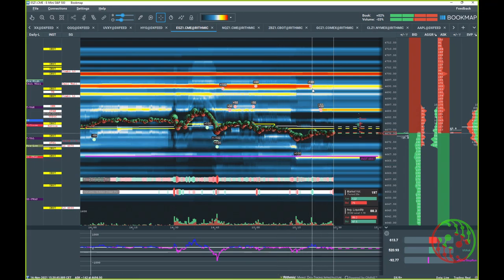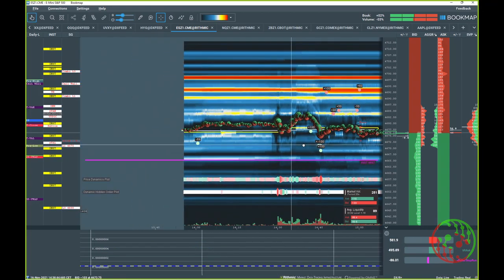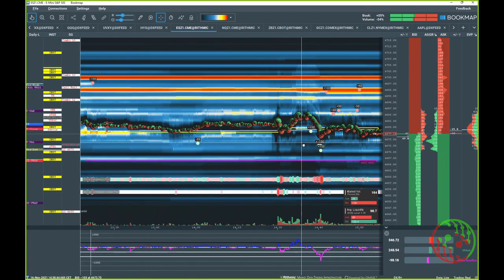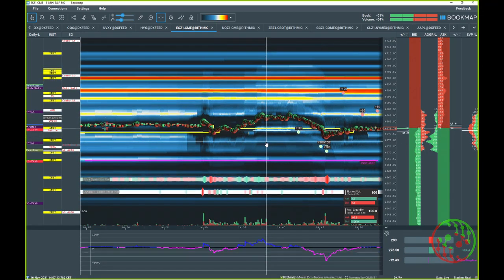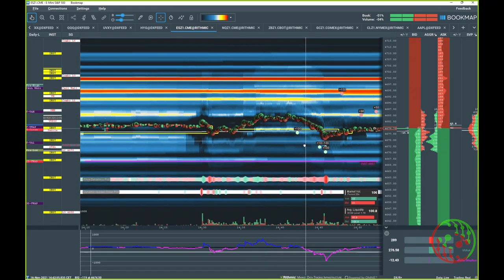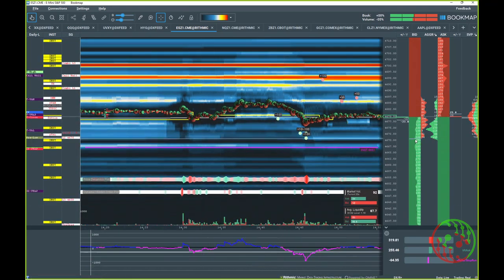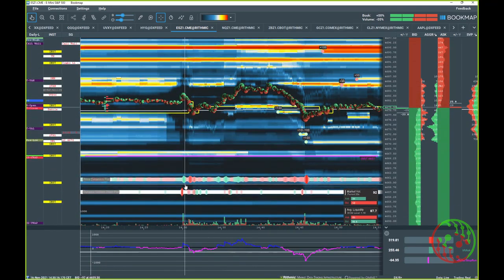Okay, great. So that's the first impression we see on the ES, in the ES future. Good. I would like to come back to this situation here. You are starting now. It's 8:30. I think there have been some news. I haven't had the time to watch them. What is this price dynamics plot indicating here?